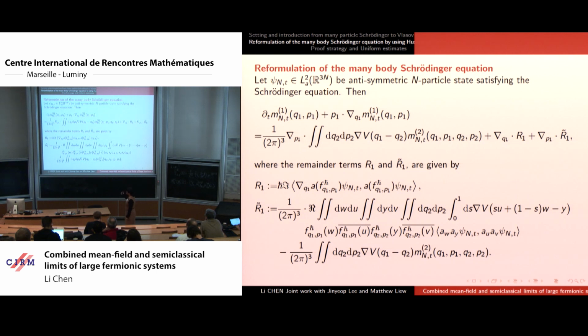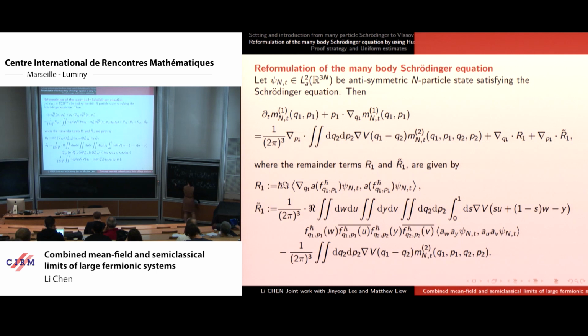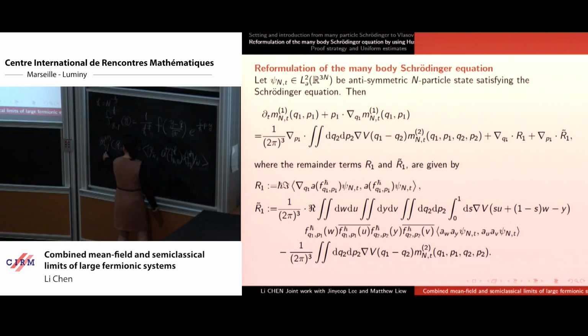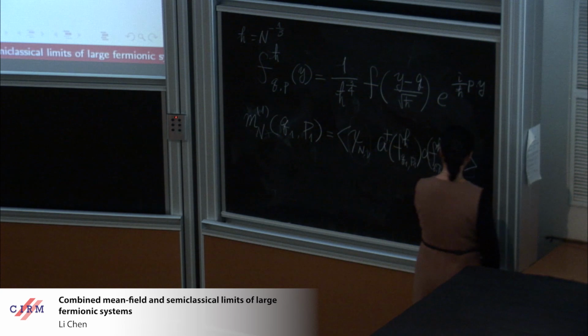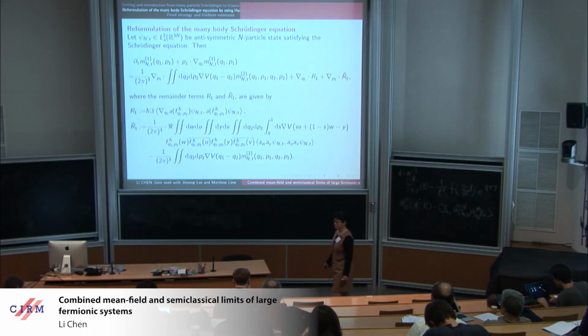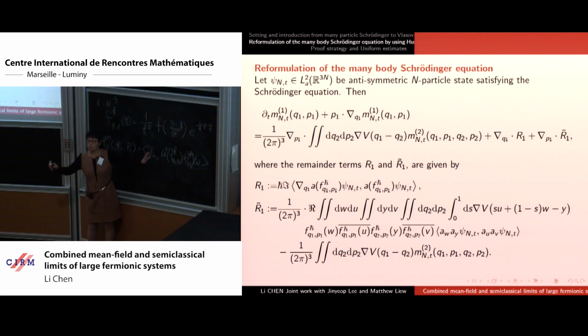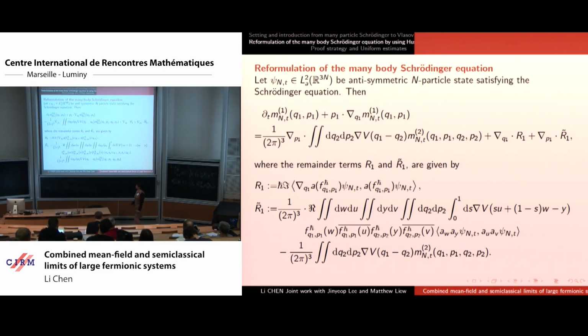So in the end, after some computations, it's just a matter of computation. Suppose now psi_N,t is the solution of the Schrödinger equation. Then after computation, if I do the time derivative, this is defined by t, for arbitrary t, it's also t. Of course, the coherent state is not going to be time dependent. So if you do the derivative and plug in the Schrödinger equation, after some computations, you will get, first of